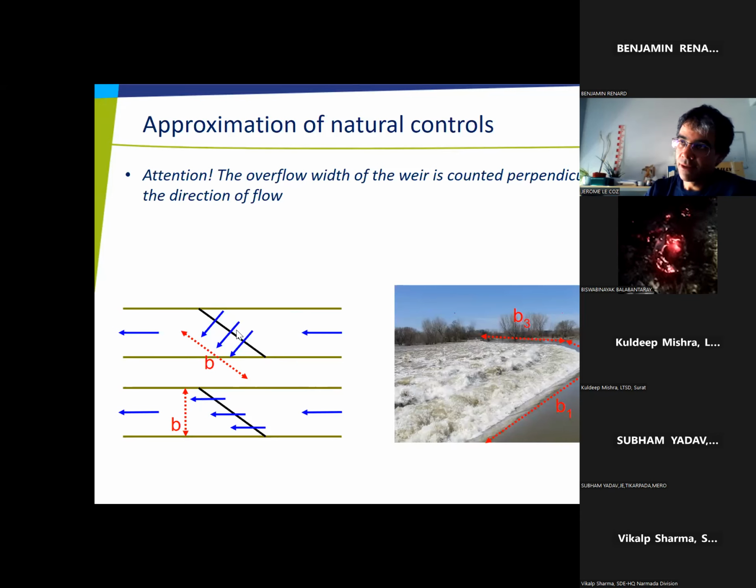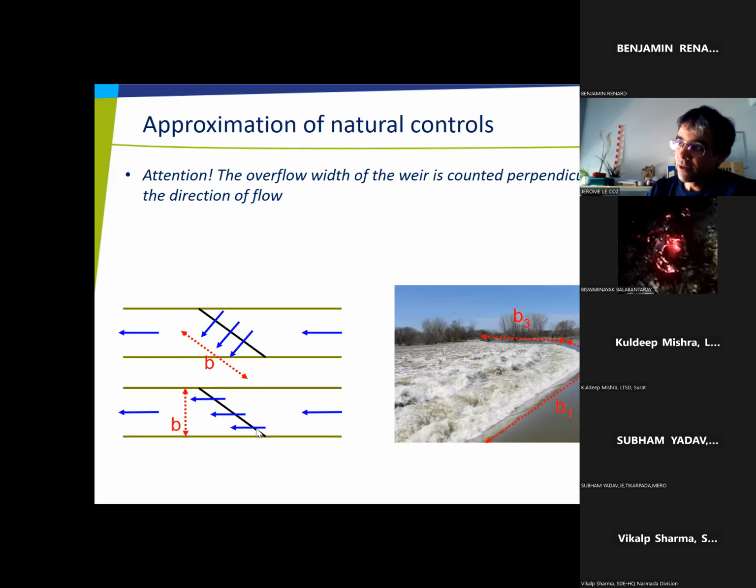flow velocity. So sometimes the flow changes its direction to be perpendicular to the weir for low flows, and then the full width here is the width you have to consider to model the rating curve for low flows. And for high flows, if the weir is not submerged, sometimes the direction changes and goes parallel to the channel direction. And now the width can be reduced because the width here is the width of the projected line of